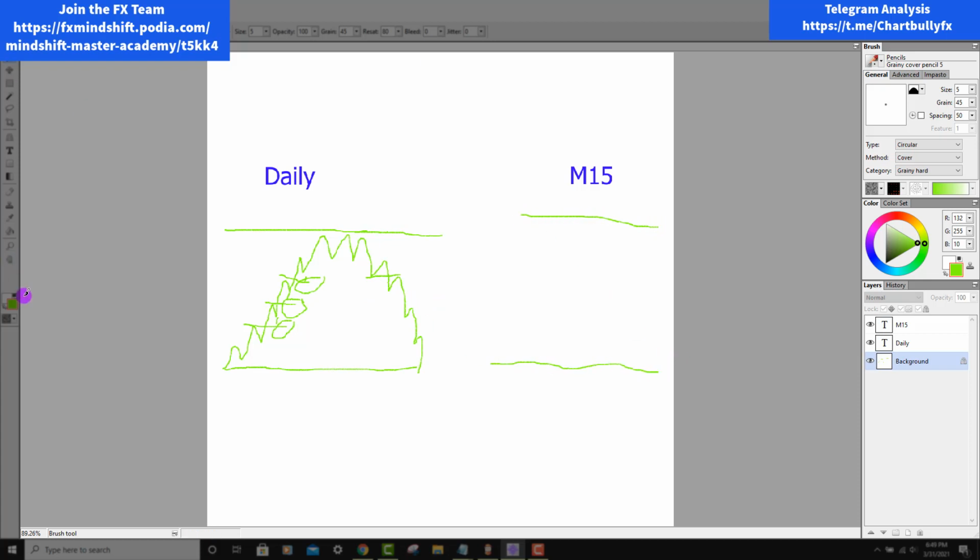So let's say the M15, right? Within our daily range, let's say we don't know what happened over here yet. Let's say we've just been looking right here at this current week. Say this has been our trading week so far, and this is what's been going on. So the M15 within the daily range, because it's not going to look as clean as this, it's going to be looking something like this.